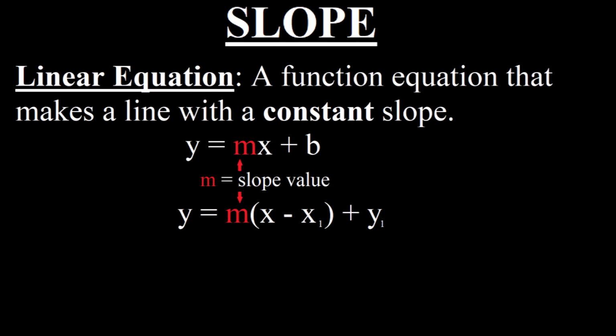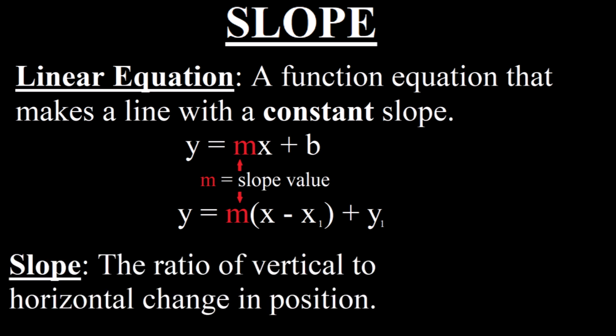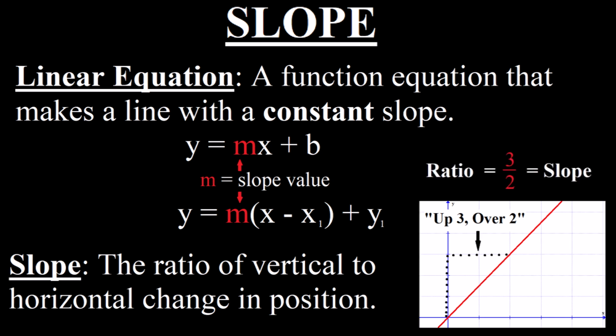These phrases all relate to the slope of a linear equation, which is a great place to start. The slope of a line is the ratio of vertical to horizontal change in position. This ratio is constant, meaning that the slope of a line never changes between 2 points. While this is convenient, it doesn't apply very accurately to real-life situations that involve some sort of change in relation